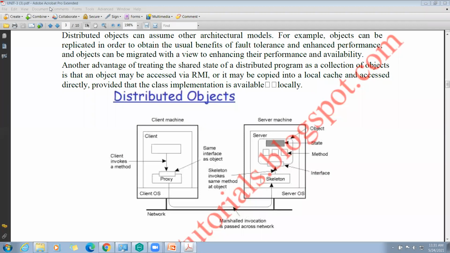First, we need to know what a skeleton and a stub are. Here, see, in the client machine, first the client invokes a method. That will be passed through the proxy. The entire client invocation request will be sent. It will be marshaled across the network. See, that is what they mentioned here: marshaled invocation. The invocation is marshaled and passed across the network. And once it reaches the server,